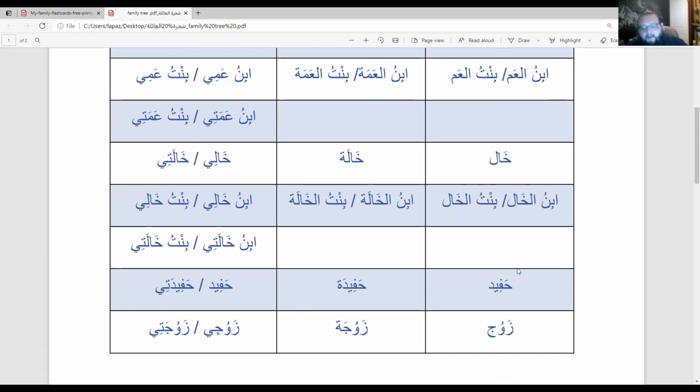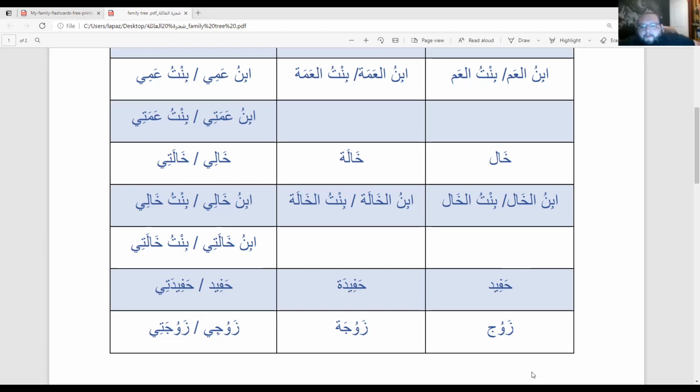I was gonna ask, I know sometimes I won't be able to do homework stuff, but can I do my family tree in Arabic? I would like to do it. Yes, of course, that's a good idea, actually. I was going to ask you to do it as homework for next class. Yes, you draw your family tree,